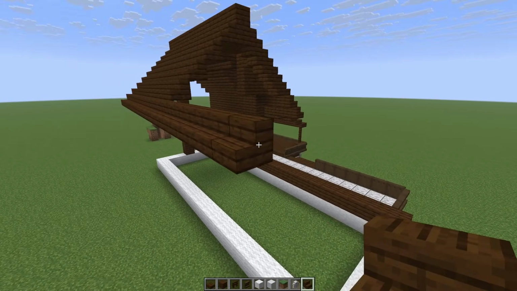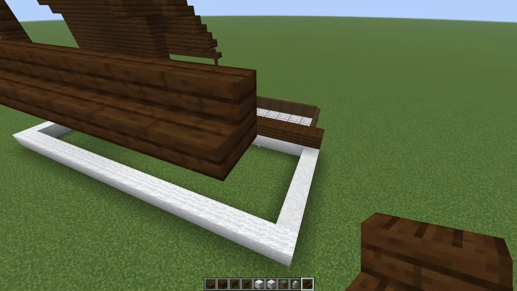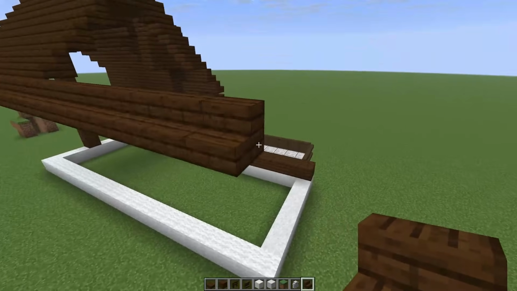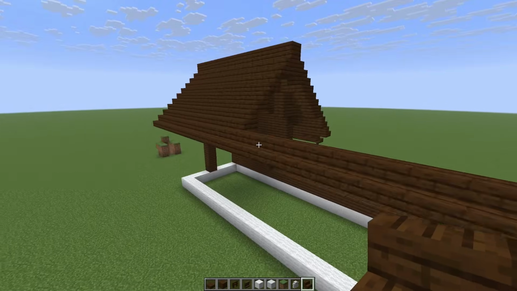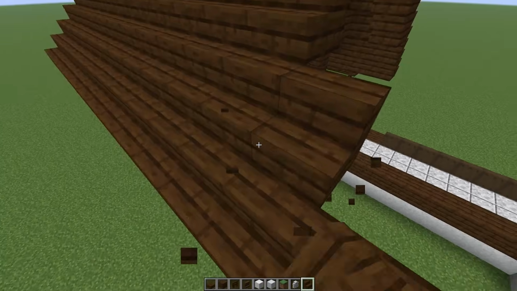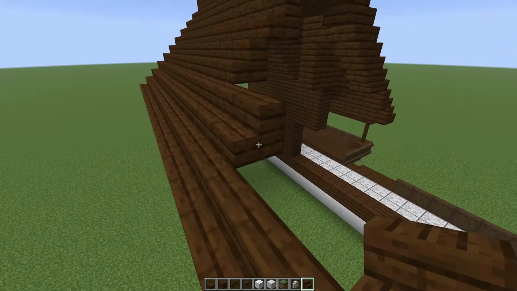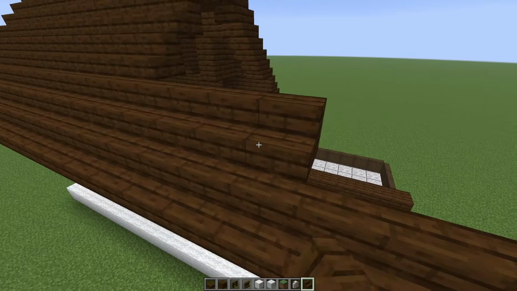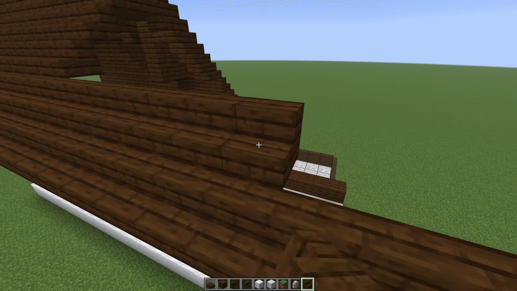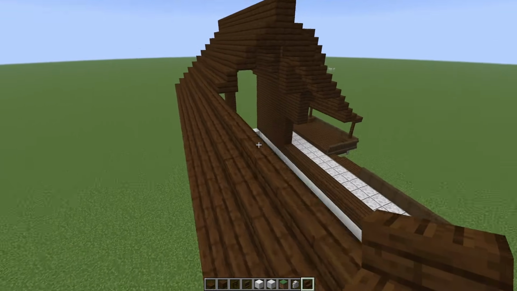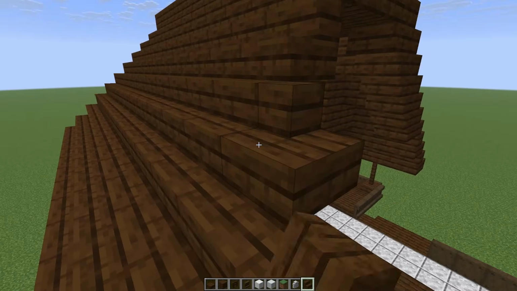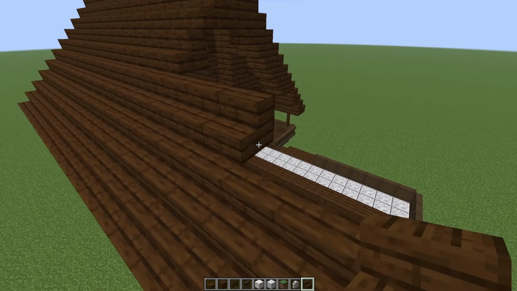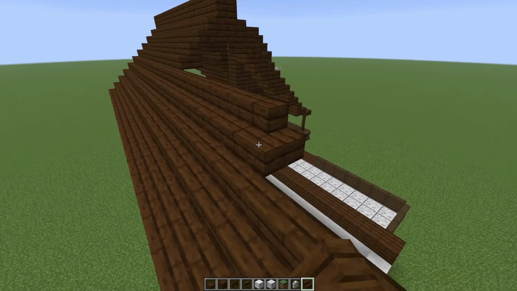I'm already feeling a little exhausted building this just in creative. I can't even imagine what it would be like to build this in a survival world. It is genuinely incredible how much stamina YouTubers in general, but Minecraft YouTubers especially, have to do things like this. And okay, I know there's mods, I know there's Axiom and WorldEdit, but listen, I'm just a guy.